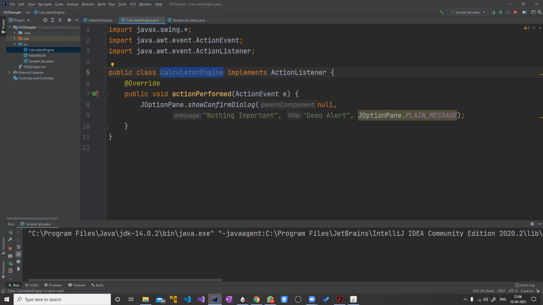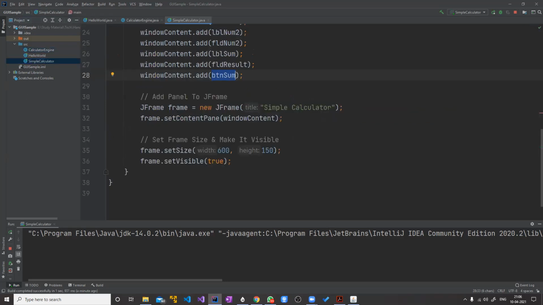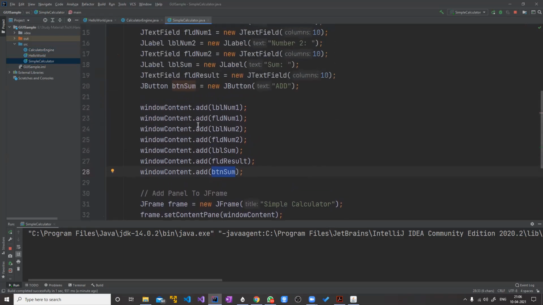That connection has to be added to that button. The button is in the simple calculator class. So you will have to go to that simple calculator class. In that class, suppose that button is there. Here you have created the button.